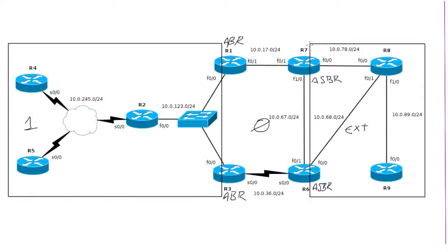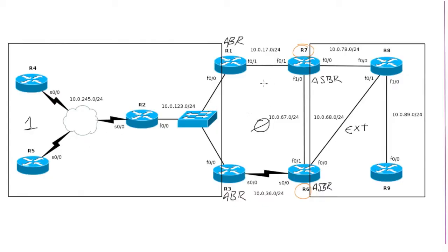And the idea here is that router 7 and router 6 are going to be our ASBRs. They're going to be the devices that are putting external routing information into OSPF. And we have two areas. The area in the middle is our backbone area, area 0, and on the far left we have area 1. So all those routers there, router 4, router 5, router 2, are going to be living in area 1. So they're going to require that LSA Type 4, because of what's going to happen when we do redistribution,